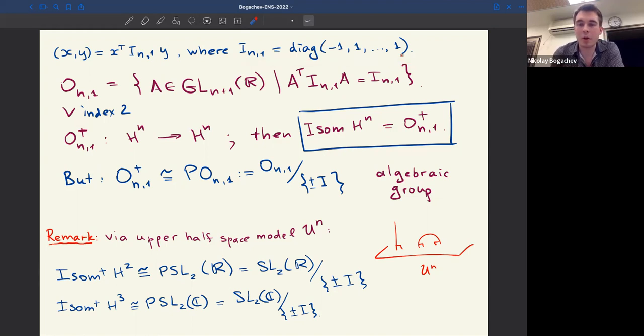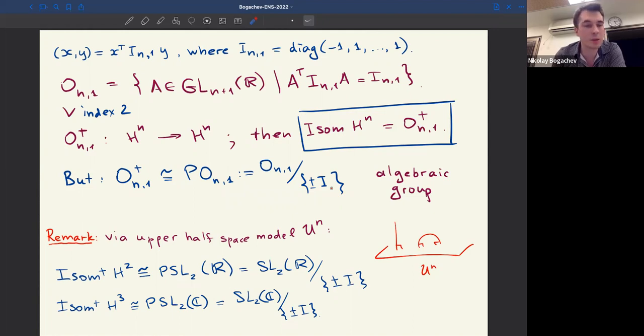But this O(n,1)^+ is not an algebraic group, but it can be identified with an algebraic group, PO(n,1), which is O(n,1) mod its center, that is, mod plus or minus identity. And this identification